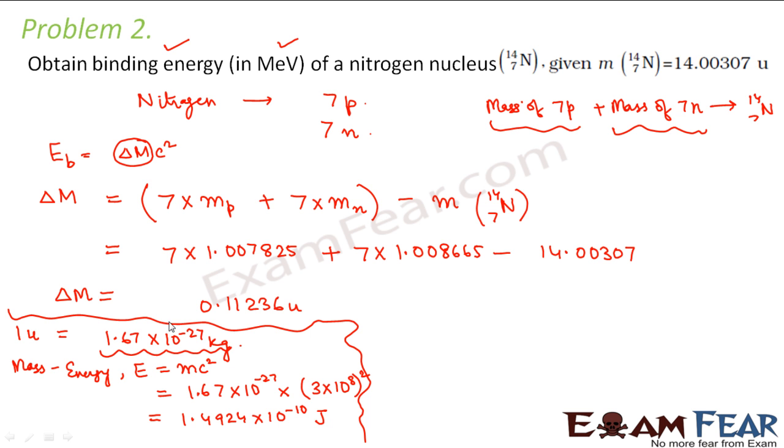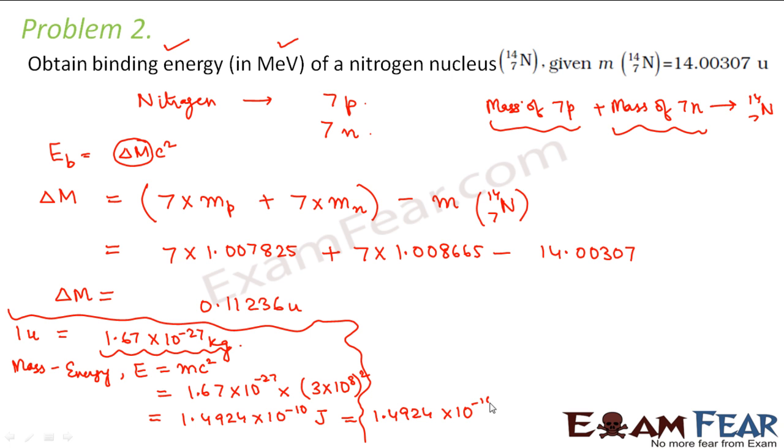So I was able to convert this mass, which was earlier in kgs, into joules, because Einstein's rule says that mass is equivalent to energy. So if I say it has a mass of 1.67 into 10 to the power minus 27 kg, and if I say that it has a mass energy of 1.494 into 10 to the power minus 10 joules, both mean the same thing, because this mass is equivalent to this mass energy, right? So now our aim is to convert this energy, which is in joules, into electron volts. So that is simpler for us, right? So how do you convert it into electron volts?